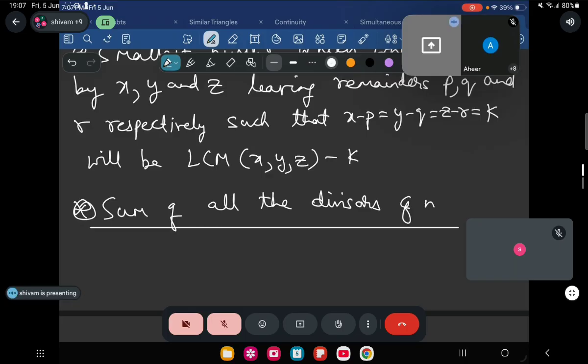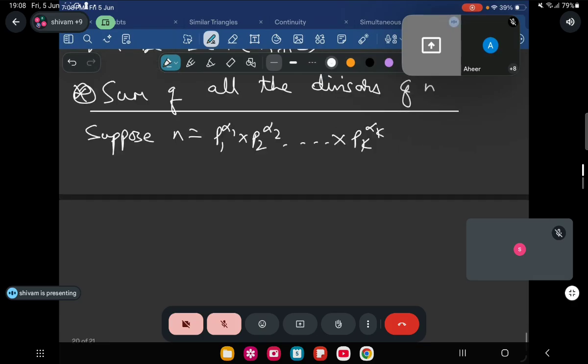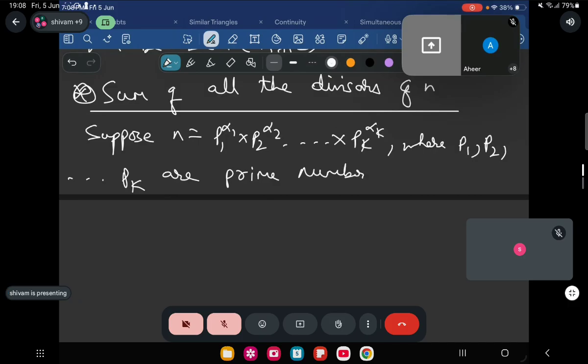Suppose n is equal to p1 to the power alpha 1 into p2 to the power alpha 2 dot dot into pk to the power alpha k, where p1, p2, dot, pk are prime numbers. Then the sum will be equal to p1 to the power alpha 1 plus 1 minus 1 divided by p1 minus 1,